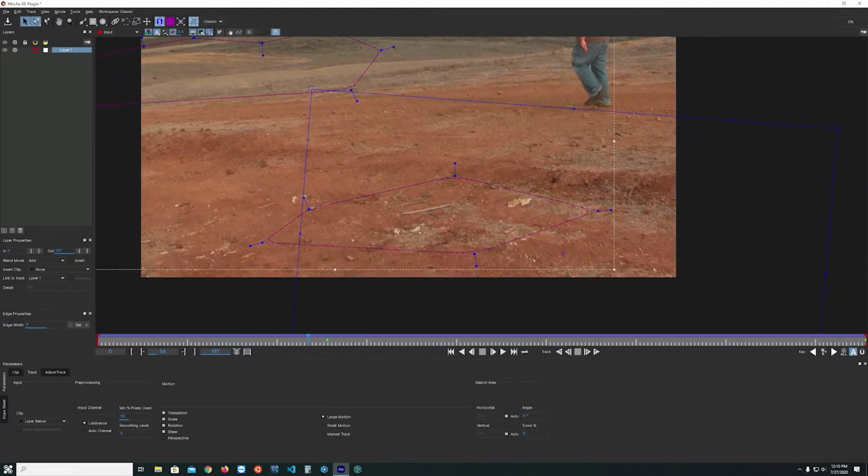Then I created another layer by using the spline add tool, which is here in this drop down. You have the X-spline tool, and then you have an X-spline with a little plus sign next to it, and that allows you to add splines to your pre-existing spline. So when you have a camera movement like this, you can extend that track if it goes off frame, so long as you have an object that is moving at the same velocity. Like in this case, the land, even though in perspective it's not moving at the same velocity,